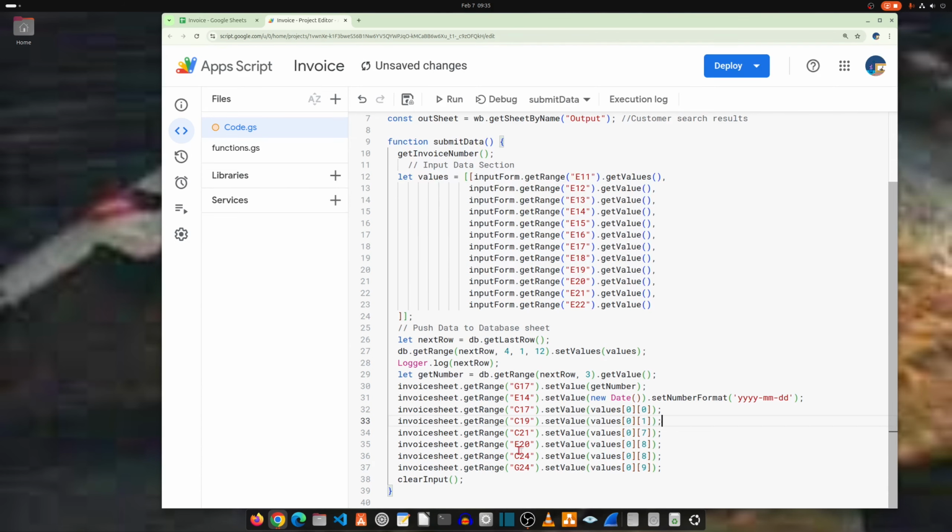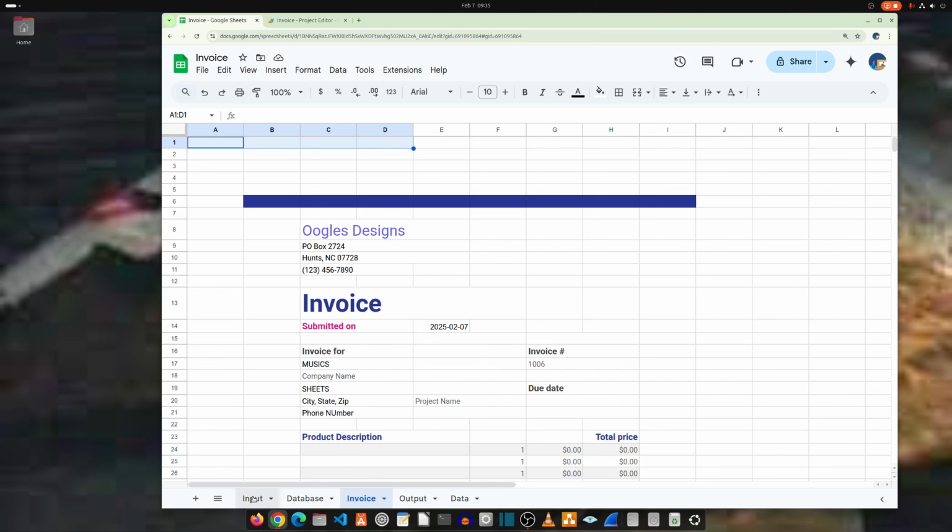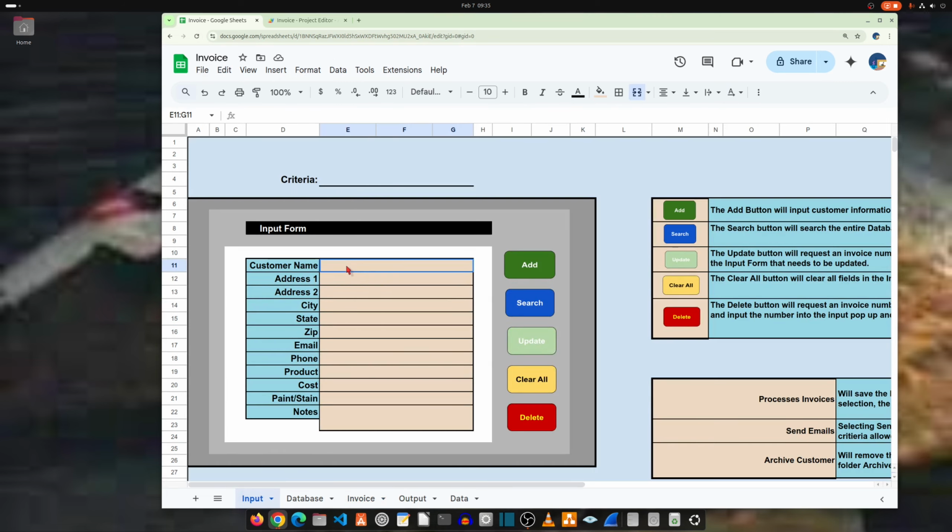So let's see how this works here. See what happens here. We start filling some stuff out here. Let's go back to our stuff here. So if we don't have it clear all this yet, we'll just delete this out ourselves. We'll just leave it blank for now. Get rid of this. And get rid of this date. All right. Let's go back to our input, and let's put in